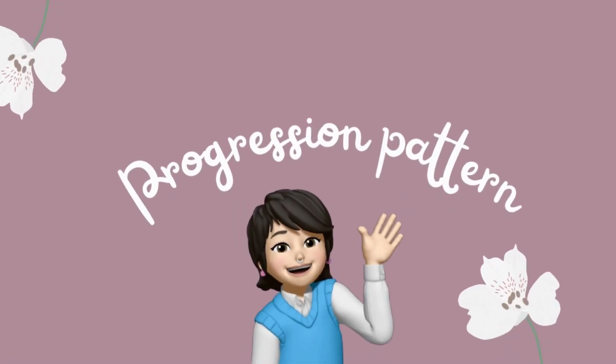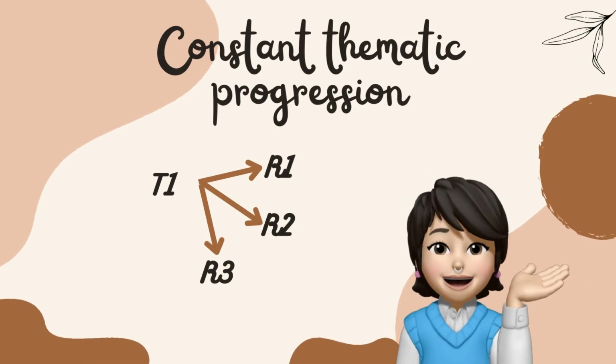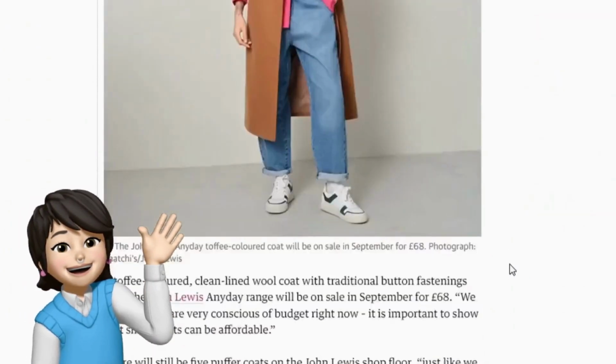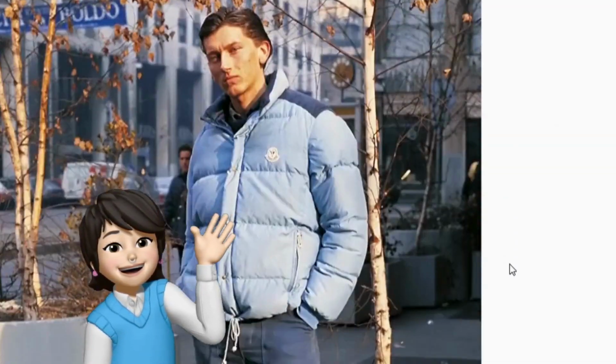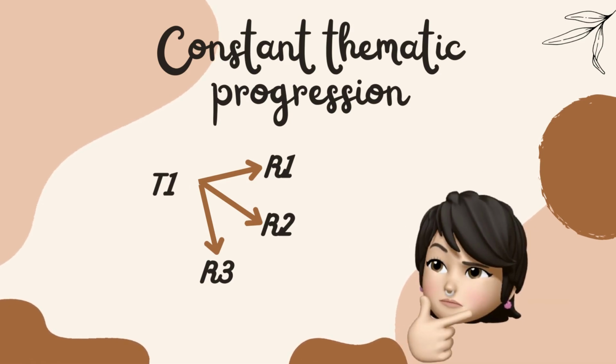On the other hand, the most frequent progression pattern in this text is the constant thematic progression, because, as we said before, expository texts are divided in different paragraphs, where each one describes a subtheme related to the topic. In other words, in most paragraphs, the theme of the first clause is always the same, while the rhemes provide